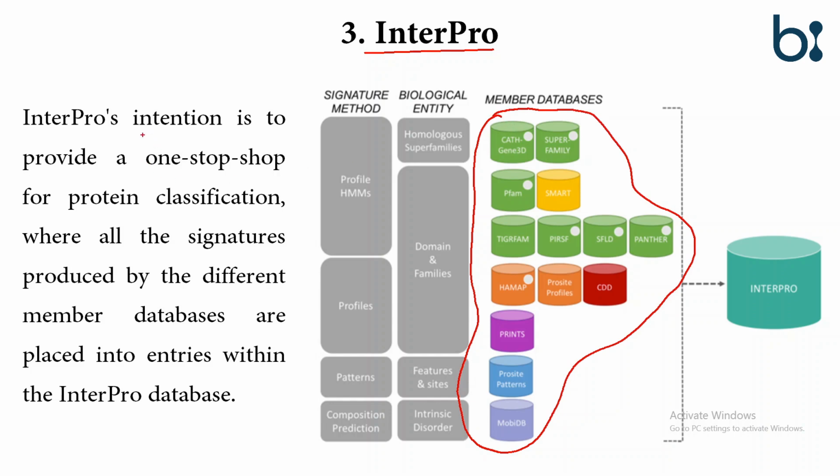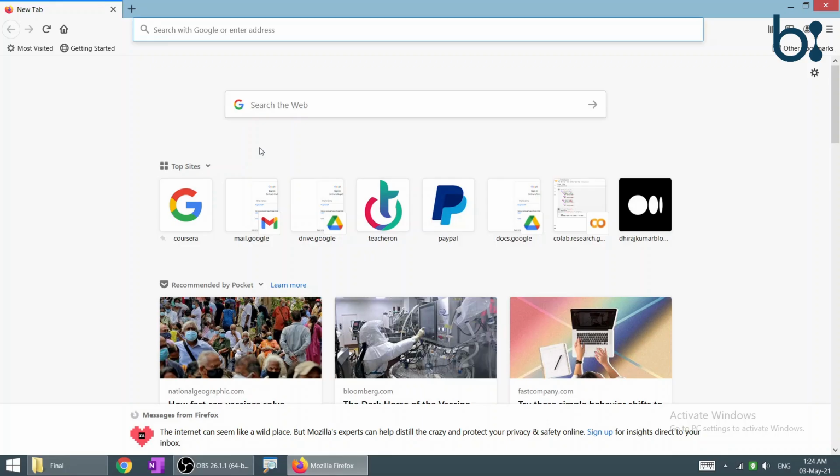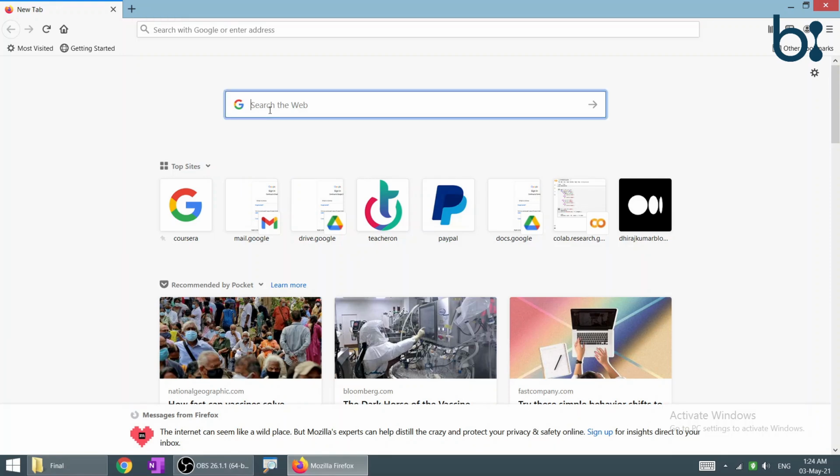The intention of the InterPro database is to make a one-stop shop for protein classification, where all the signatures, meaning the results and all the analysis produced by the different databases, are placed into the InterPro database. So now we will visit the first database, that is the PROSITE database.